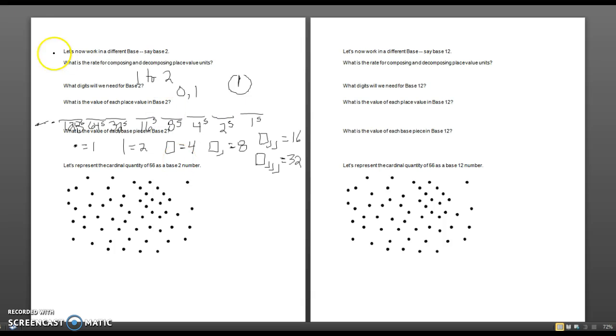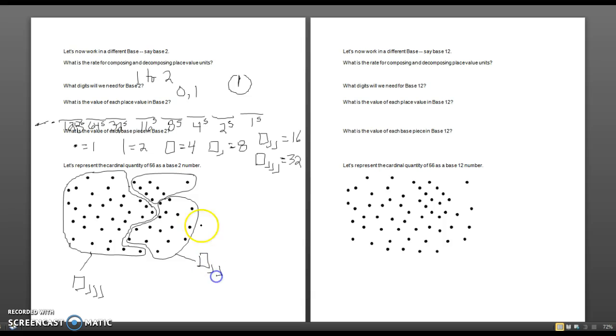All right, I'm going to pause, do some circling here. All right, so I am back. I've done some circling, and I realized with only 56 ones, I could not make any 64s. I could get one group of 32, one group of 16, and one group of 8. So my 32 becomes that triple shadow. My group of 16 was a double shadow, and my group of 8